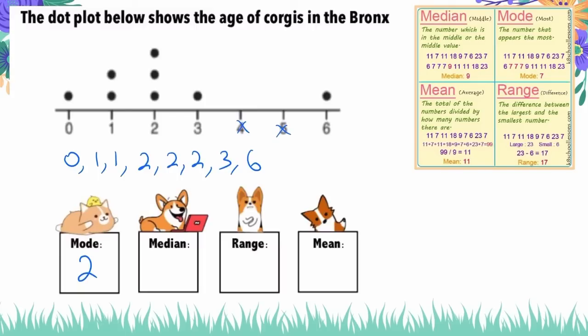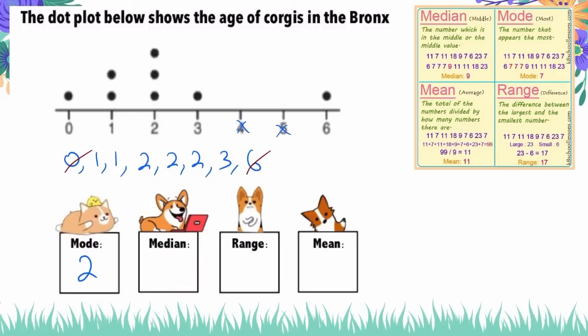Here's what you could do. You can cross out from each side. Oh, it looks like I don't have anything in the middle here, but before I crossed those out, I had the number 2. So since they're the same number, my median is just 2. But if they were 2 different numbers, I would just take the average of those 2 numbers. So if it was like 4 and 6, the average would be 5.